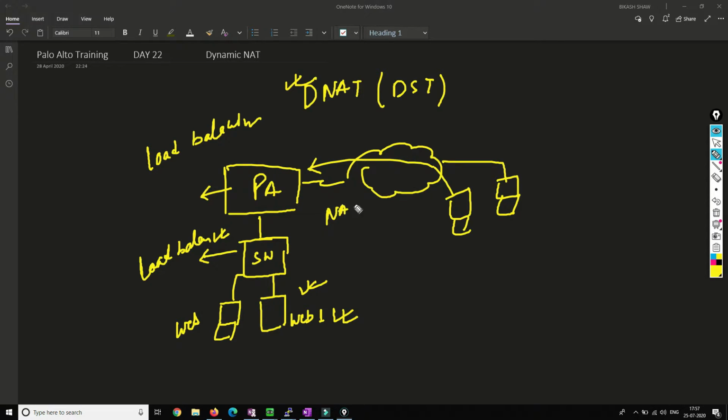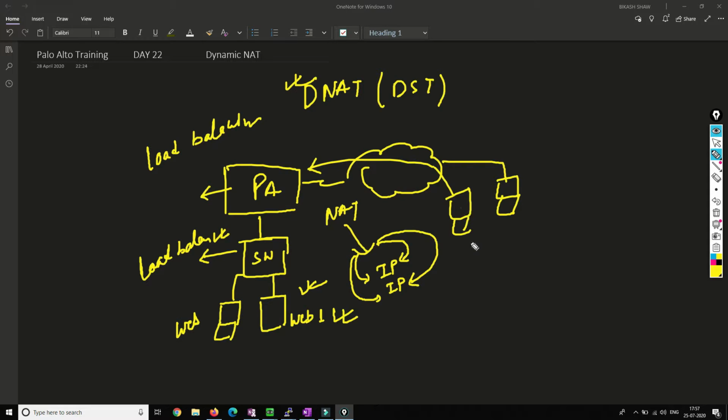Whenever the traffic comes and hits the PA, it does a NAT, and in the NAT it will see what options are available, how many IP addresses are available. The first traffic will go to server 1, the second traffic will go to server 2, and it will continue like that. Every time a session is initiated, it goes to the next server.